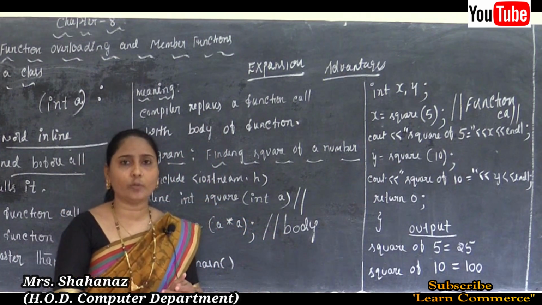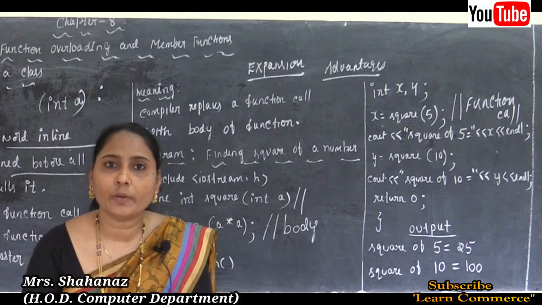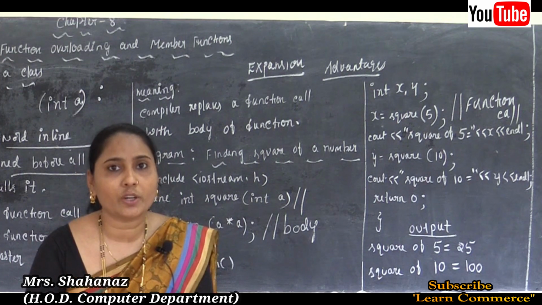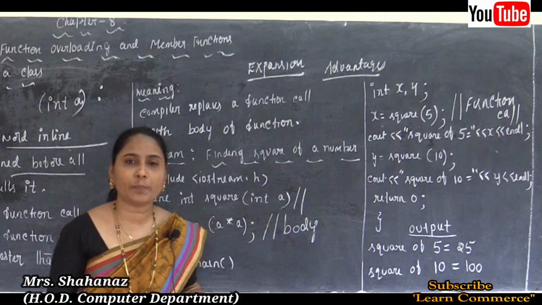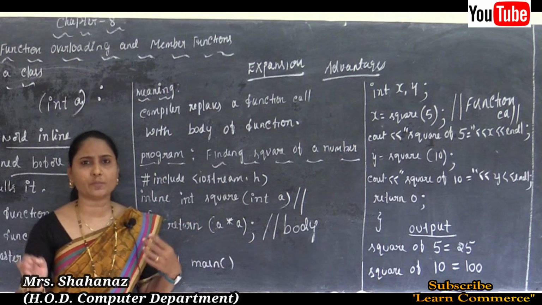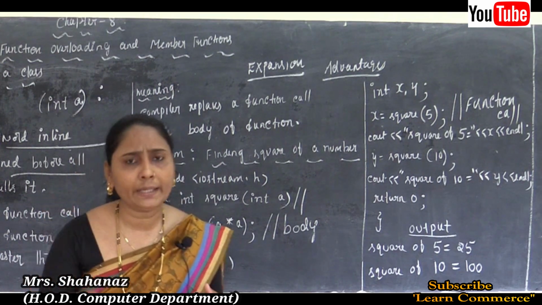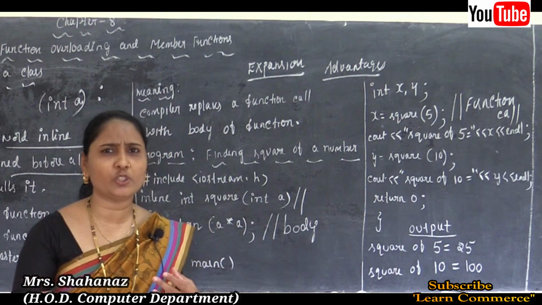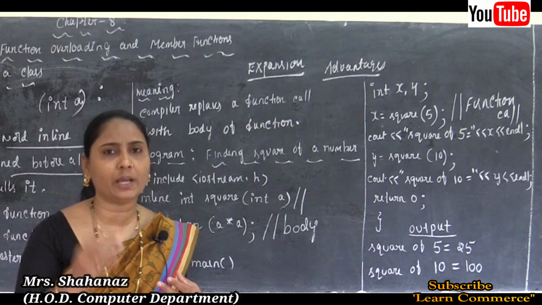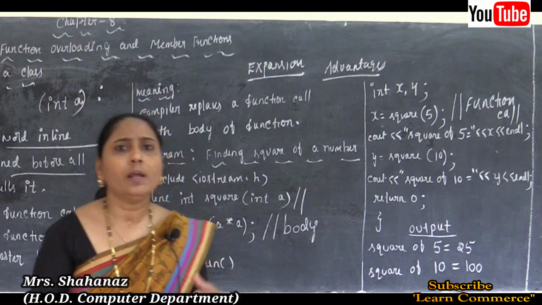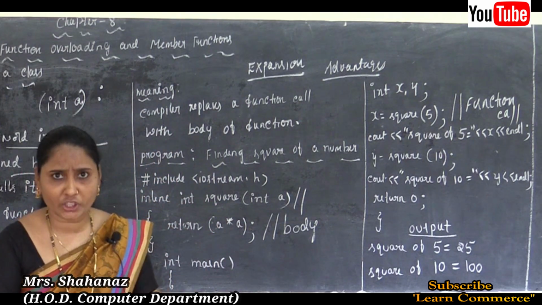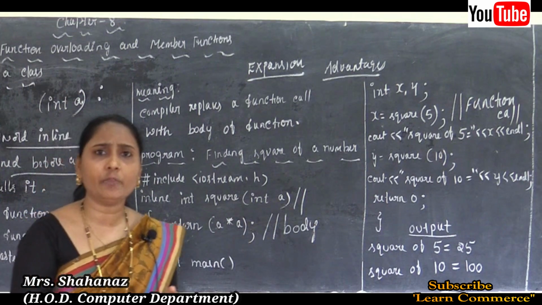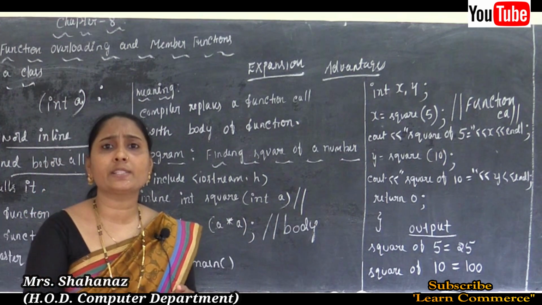So the first advantage of the inline function: the inline function definition makes function calls compact. The meaning is that many times we can call the function, but there is also some restriction. Many times means maybe 5 to 10 times we can call, but in case you are going to call 100 times, it's a little bit tough. Within 10 times we can call by using our inline function. And the second thing is the size of the executable code.